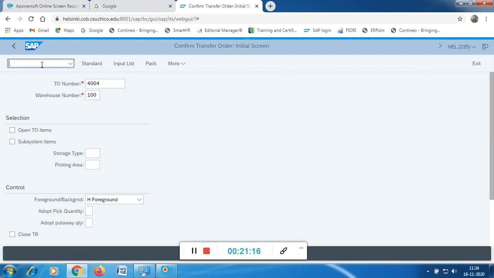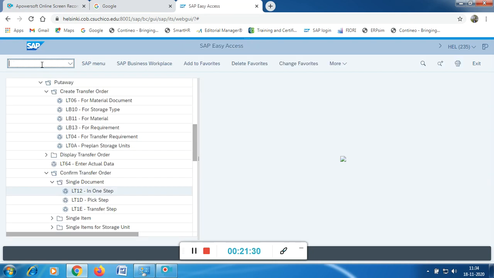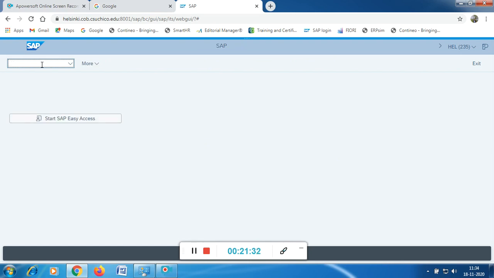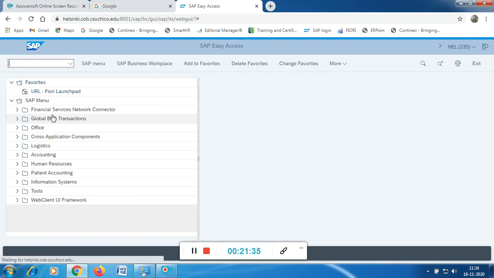Okay, so next you need to repeat a step now. So which step are you going to repeat? Run bin status report. We checked initially it was empty, right? Now you check what your bin status report is. So press /n, go back. If you directly know the code, you can directly type LX03. Otherwise, I will tell you once again by the navigation method. It is the same thing that we had done earlier.